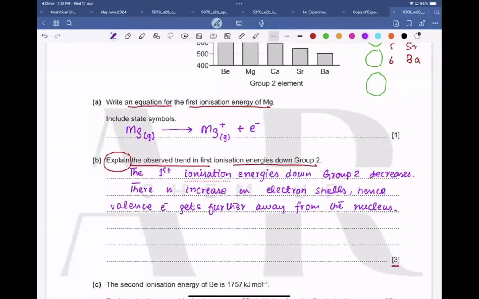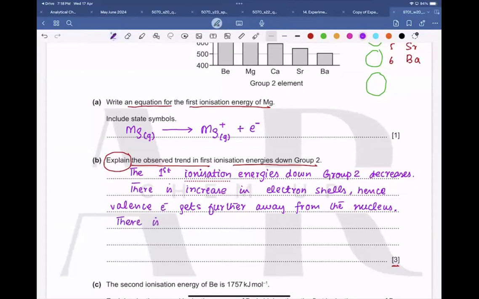So as the number of electron shells increases, the valence electron gets further away from the nucleus. There are more inner shells, and that's why the shielding effect increases. So for the second point, I will write